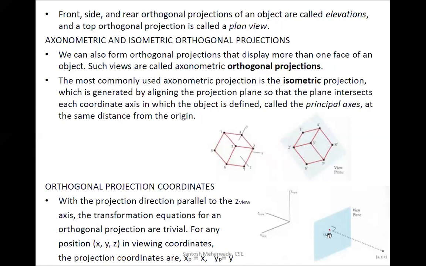Here we are going to get the x and y values. Whenever we see the intersection on this view plane, it is a projection, or the reflection or shadow of this particular object, so we name it xp, yp. Now this xp, yp is nothing but x and y only.